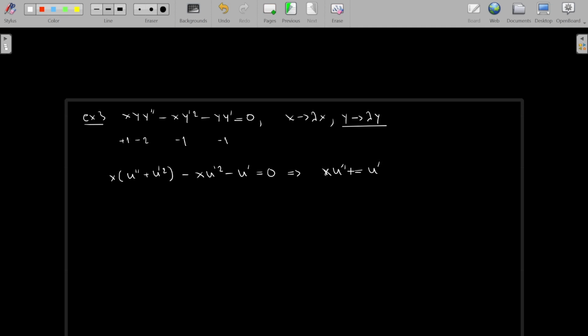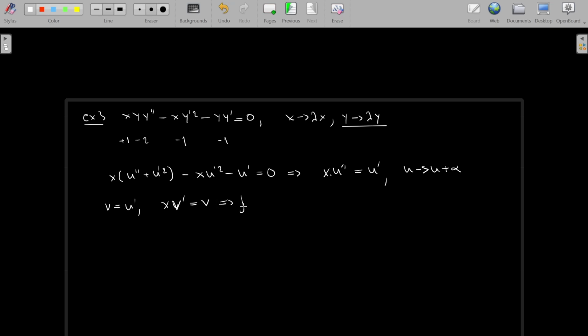Now, what we have here is a differential equation that again exhibits a symmetry. And it's also a second order differential equation. What symmetry is this? It is the most trivial one, of this kind, u plus something. So using, let's say, v to be u prime, then you have x v prime is equal to v,